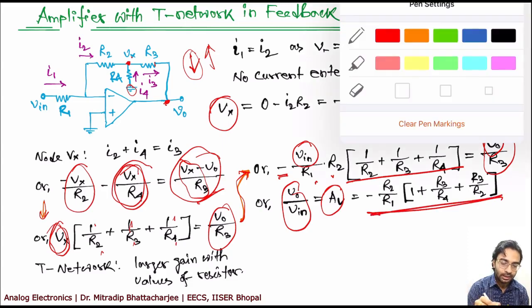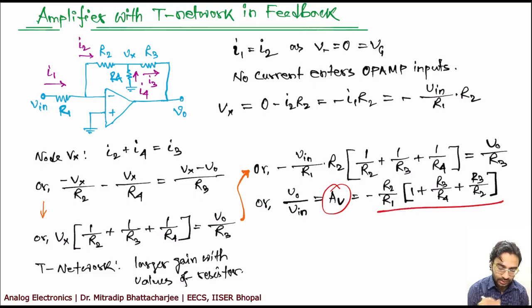So you have come to a gain equal to this value, wherein it is minus R2 by R1, which was the case if you only put R2, we have already seen, into this value. Now you have more control. You can change your R3 value, R4 value, and you can get a higher gain. For getting a higher gain, now just by changing some other resistances like R3 and R4, you can achieve the gain you require. So previously there was a problem, you can't increase R2 very high because it may come close to your Rin or Ri, which will create a problem.